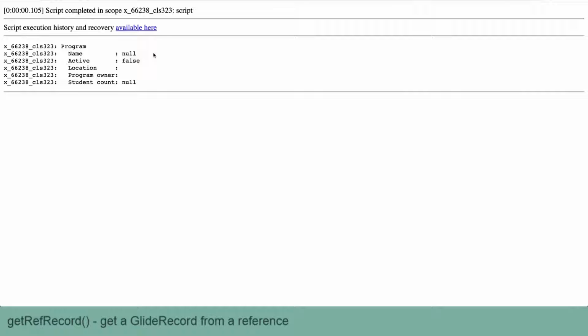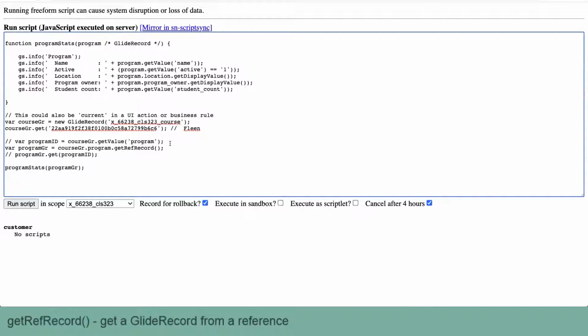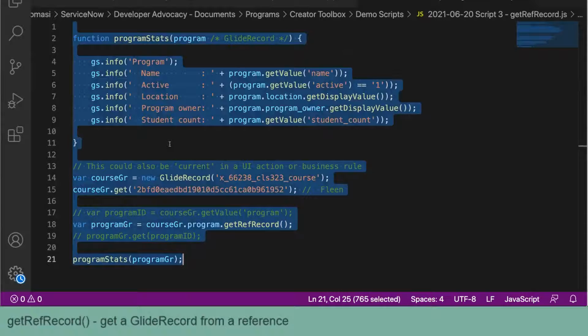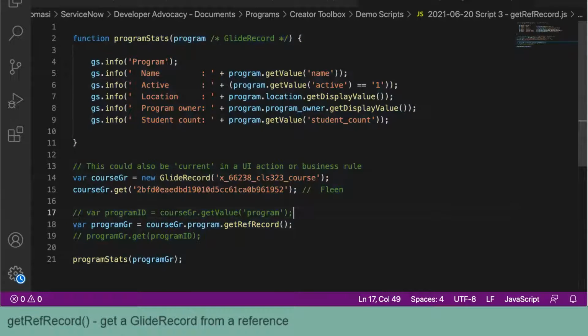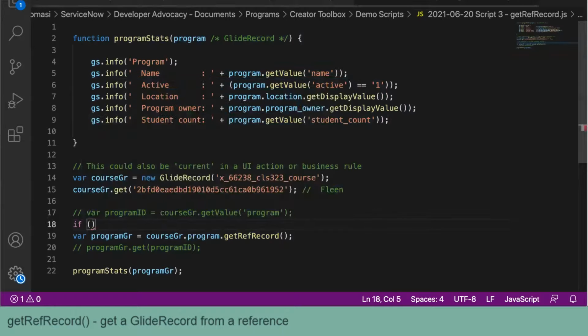Here's what's in the program record, but since you didn't give me a sys_id via the program field, you get nothing. So you may want to put in some logic in your script that may or may not look something like this. Let's do it here. It'll be a little easier to read. We'll take out the old piece and say if